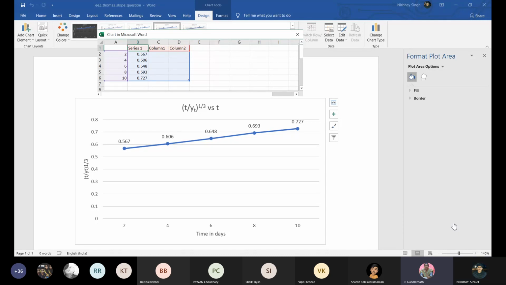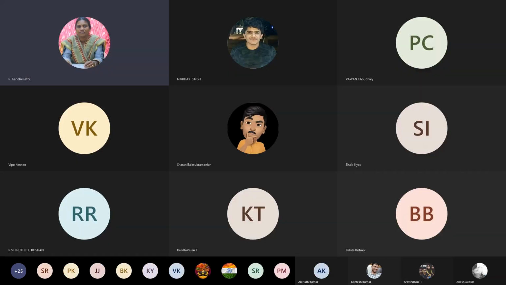Is it possible to open it now? Ma'am, actually I don't know much about it. Anyway, it's not a problem. Then maybe just learn how to draw the trend line as well as the scatter plot. From this also we will get the intercept and the slope. Then we can also see the coefficient of correlation, the R square value. Okay, Nirbhai, thank you.